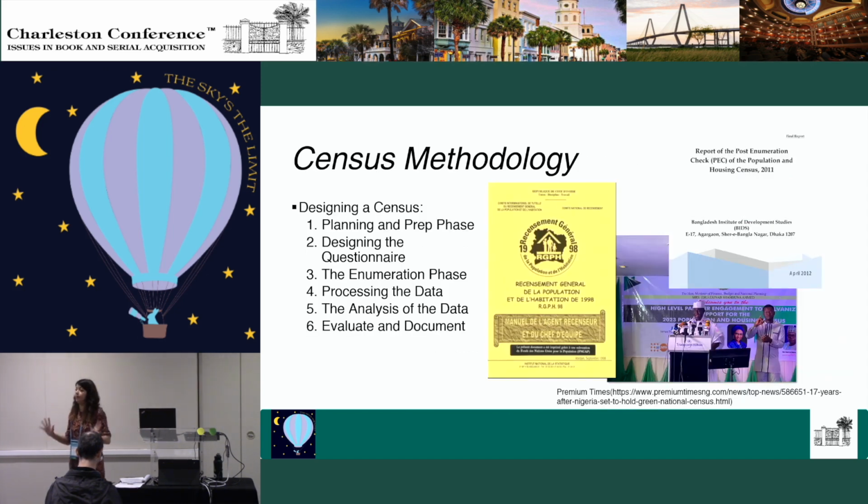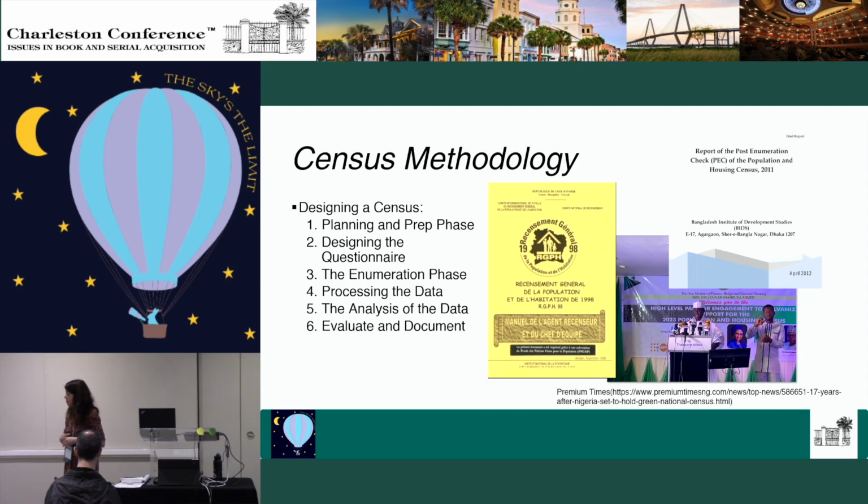Now, a census is a big endeavor, and it takes a long time from start to finish. It starts with the planning and preparatory phase where there's a legal basis created for the census. And then we have the designing of the questionnaire. This part is usually the controversial part of a census. You might be hearing the news about the US Census, what type of question, like the citizenship question, whether to include it or not. In Australia, there's a question about gender identity. In India, there's a controversy about including a question on caste. So all these are in the designing phase, and there's public debates on this issue.